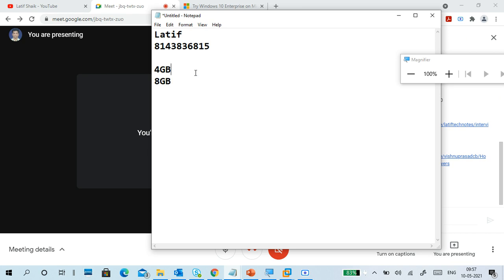Check what your RAM capacity is, and based on that you have to adjust it. If you have less than 4 GB, the next practicals will be very difficult. So consult me if you have any issues.